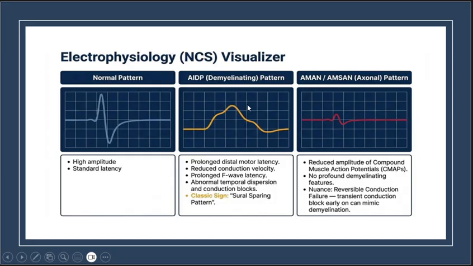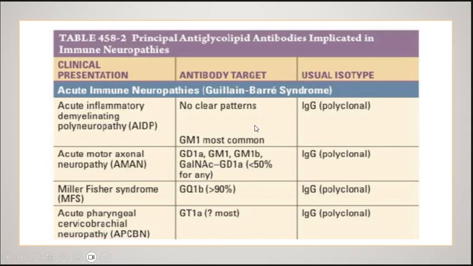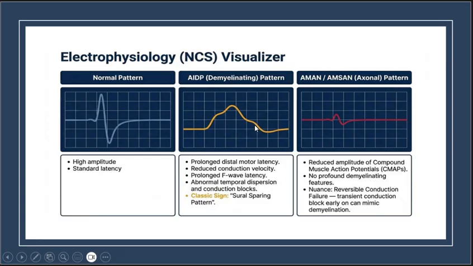The amplitude is the same, where the F latency is prolonged, and there is abnormal temporal dispersion or conduction block. It means on each wave we will be seeing latency and amplitude differences in demyelinating disorders,